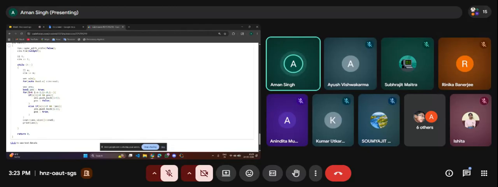And here you can see I am running a loop from the last element to the first element, that is from the right hand side. If we encounter a positive element and POS is equal to true, it means we are searching for positive elements.